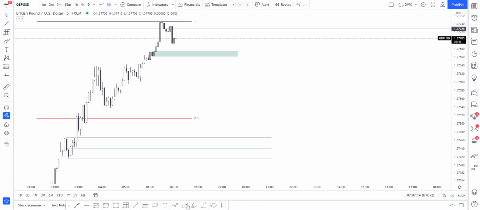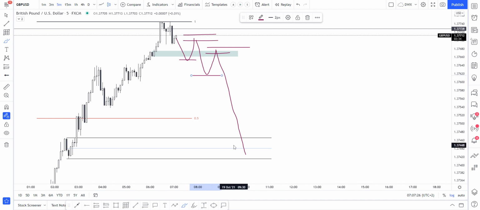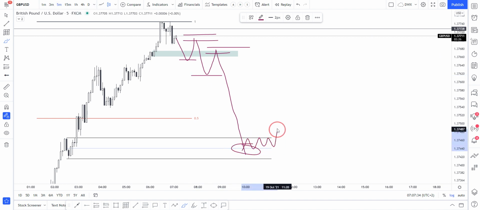So that doesn't mean you can't be looking for sells if price gives us that confirmation to take the sell towards the downside. So if we see something like this, a shift in character, a shift in structure, with price starting to move towards the downside, then obviously, yes, we can start looking for those sells and then prepare for sells up into this area at least, and then look again for the buying opportunities back towards the upside, because